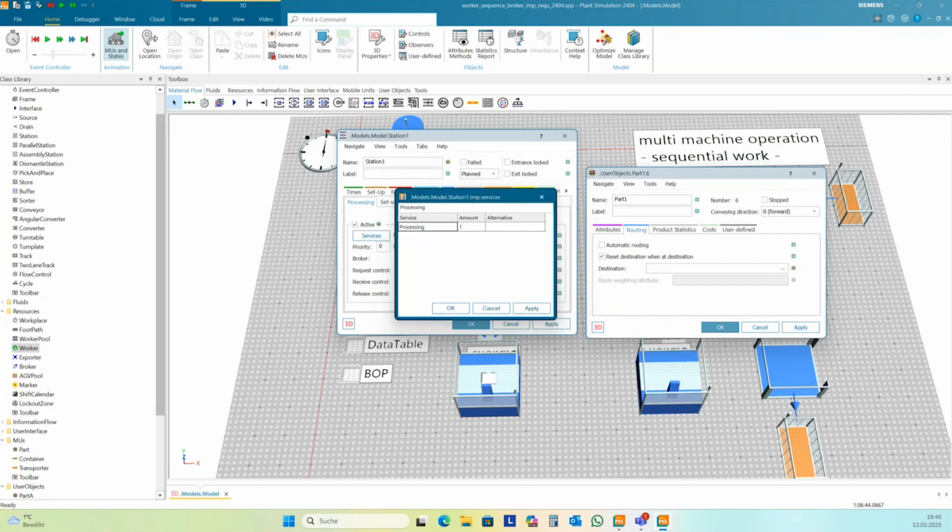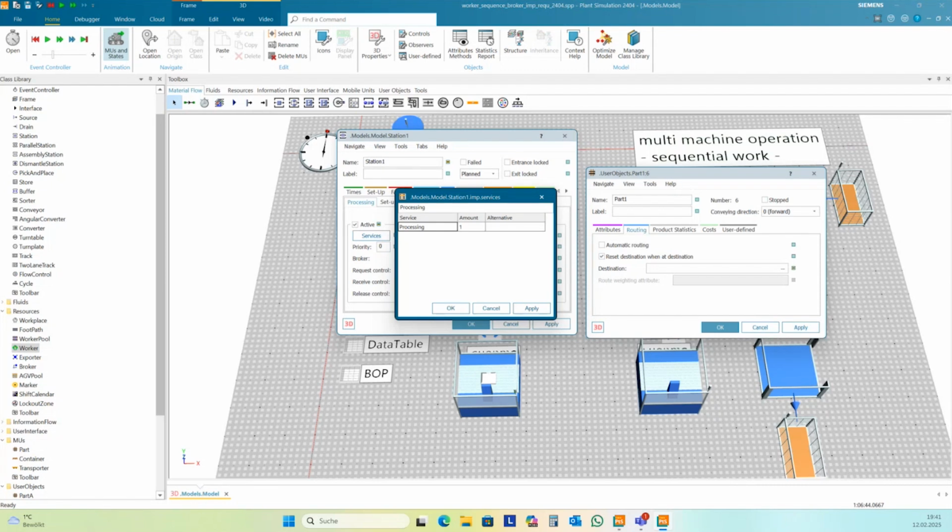So it looks like the next question was from Hala. If the worker needs to process the part at the station and also do the transport between the stations, how can I make the worker stay with the part and not get called for other tasks? Okay, you can bind the worker to a part. This was also one of our previous webinars. It's worker accompanying, I guess was the name.